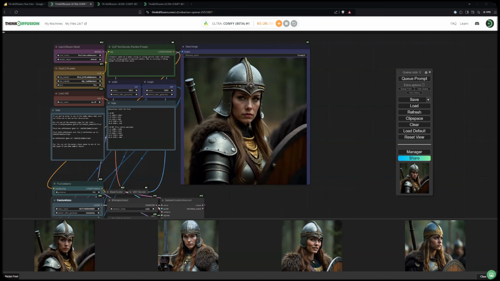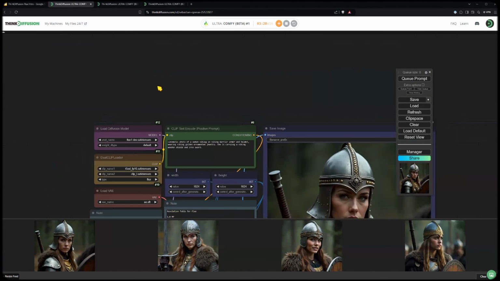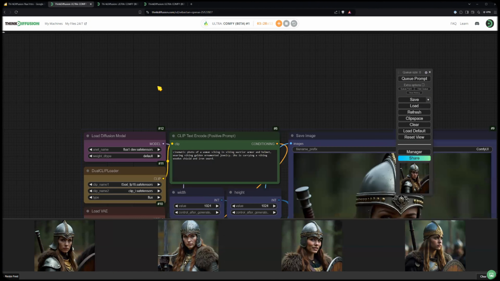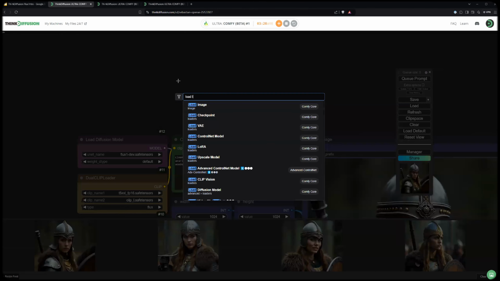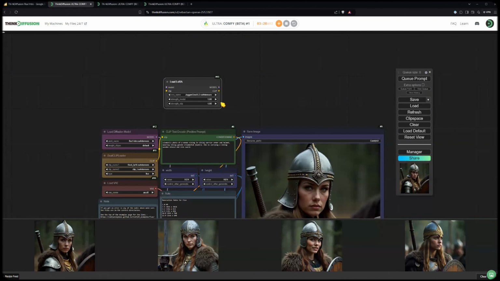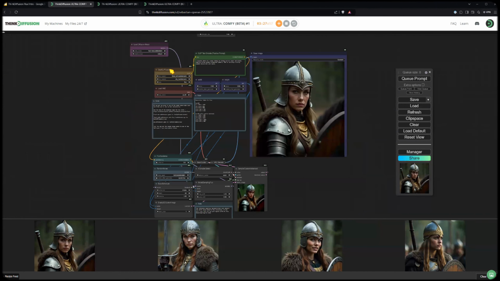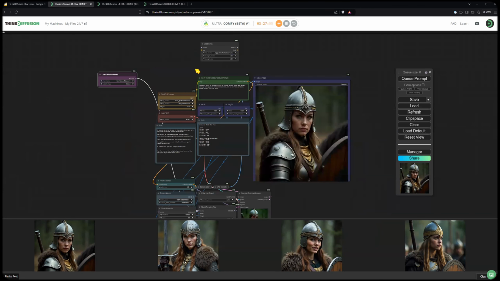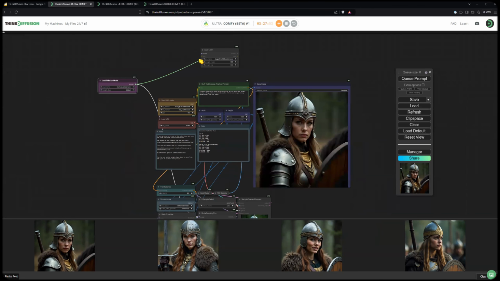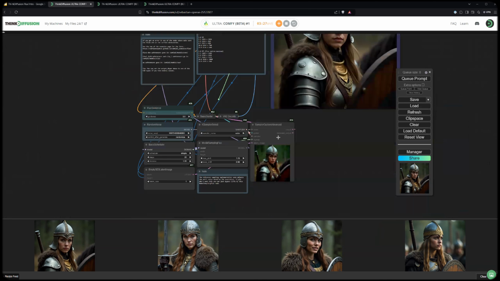What about using a Realism LoRa? Can you explain where within the workflow you would connect that node? If you want to use a LoRa, if you double click, you get nodes, so you can take Load LoRa. You take the model from the diffusion model loader, send that into the model input, and then go down to Model Sampling Flux.